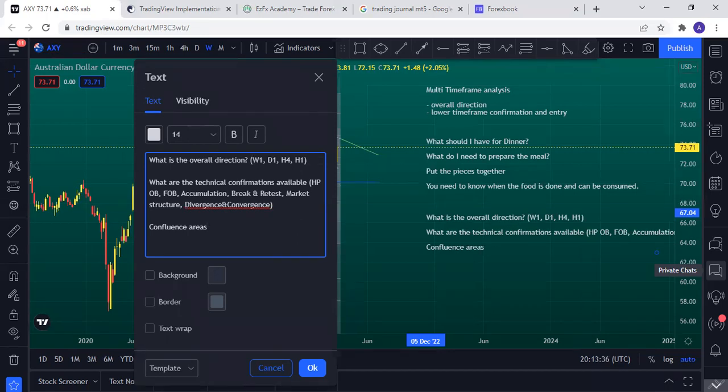So these confluence areas become what we use for our entry confirmation, or for our entry point. So we enter from areas where we have a confluence of technical factors, a confluence of technical confirmations, and that's basically for those who run technical analysis, price action analysis, and the likes. So you look for these kinds of areas to be able to get in on the trade. And then the last thing, which is knowing when the food is done and can be consumed,